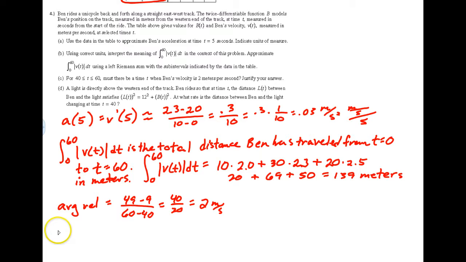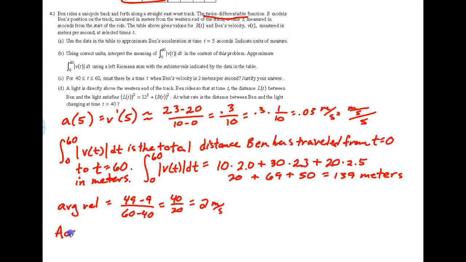So the mean value theorem states that if a function is continuous and differentiable, then the slope of the derivative, the slope of the tangent must equal the slope of the secant at some point on that interval. So does the mean value theorem apply? Well, only if you're told that the function is continuous and differentiable. And since you're told the twice differentiable function b models Ben's position on the track, then yes, the mean value